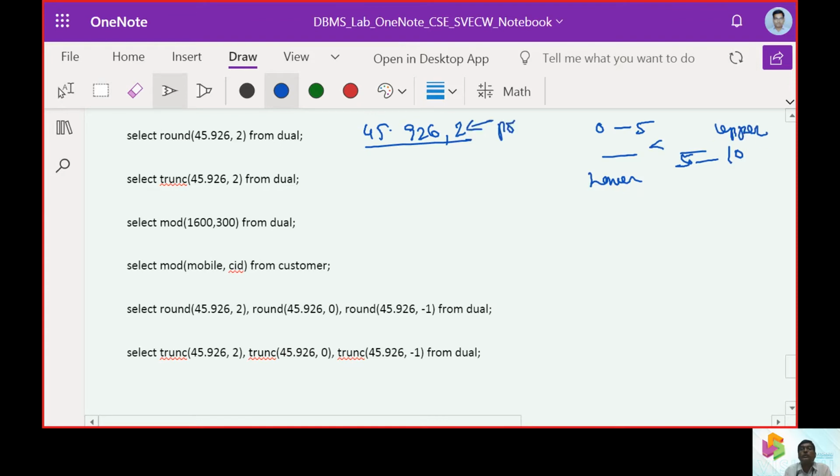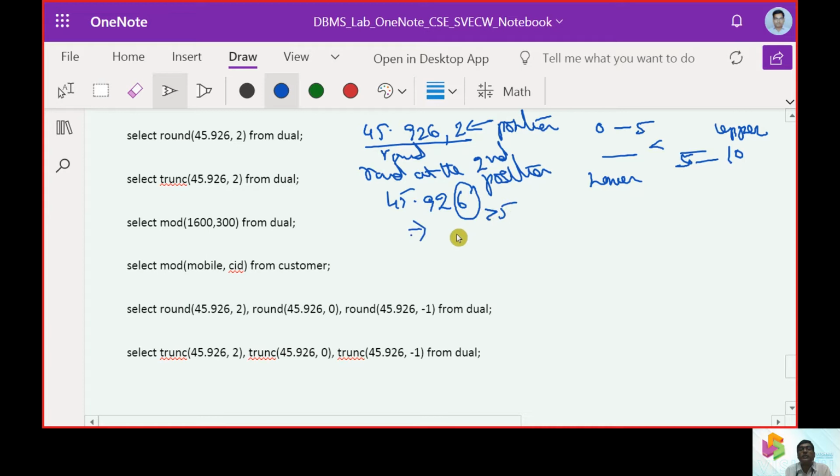So the 2 is going to give the position where it should round off. That is, it says round at the second position. In 45.926 you can see 6, which means it is greater than 5.